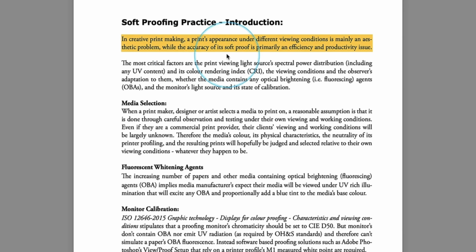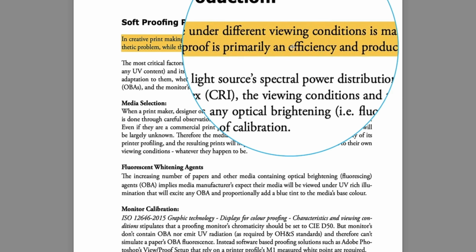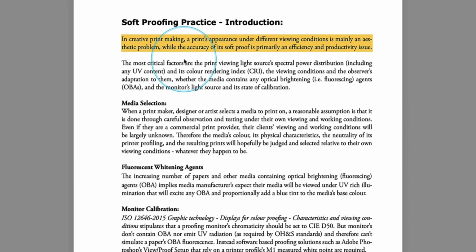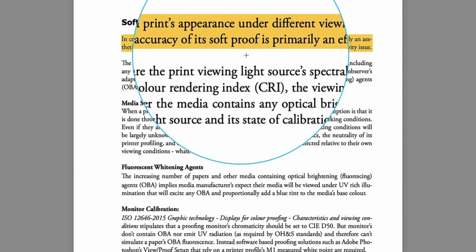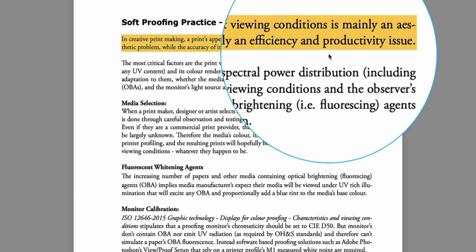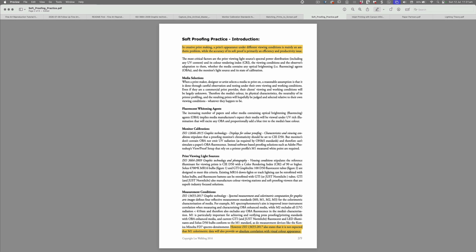In creative printmaking, a print's appearance under different viewing conditions is mainly an aesthetic problem, while the accuracy of its soft proof is primarily an efficiency and productivity issue. But when we then think about the measurement conditions that we use our instrumentation for, to try and measure paper white, and characterize these things numerically so we can work with them on screens and Photoshop and so on,